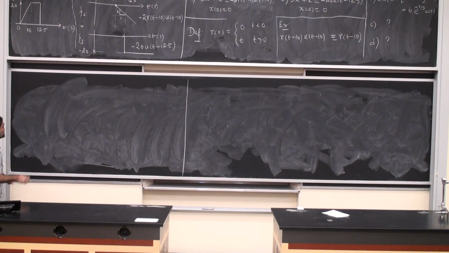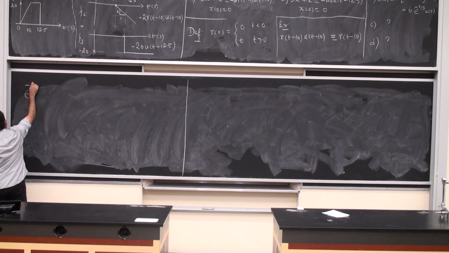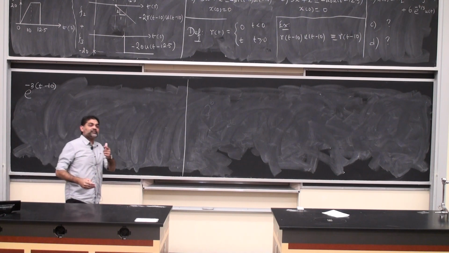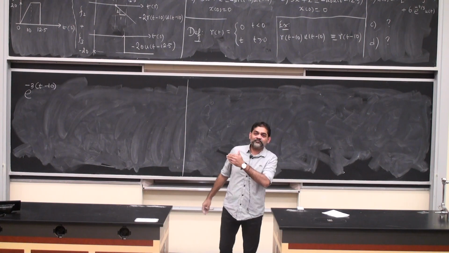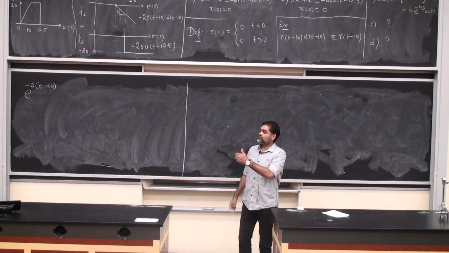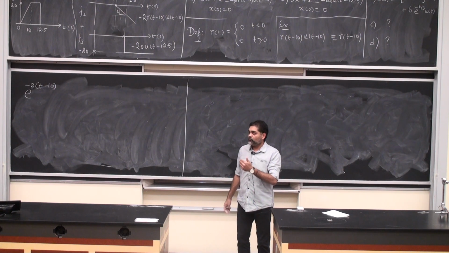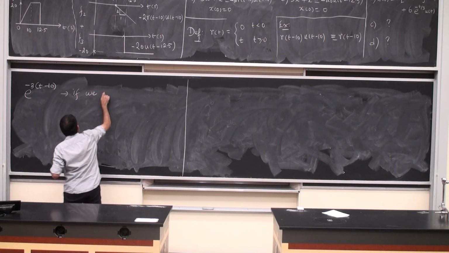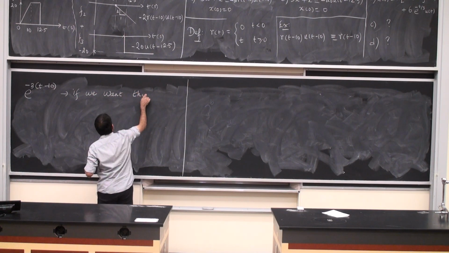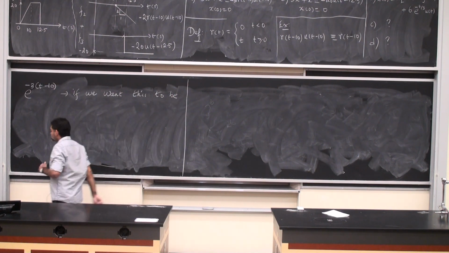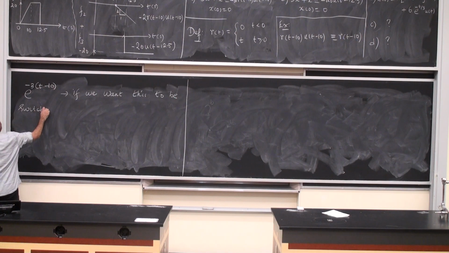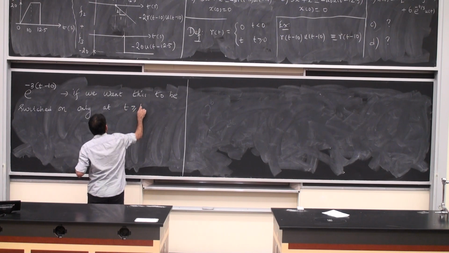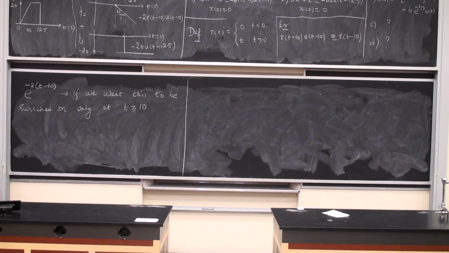So if I have a function, let's say e to the minus 3 times t minus 10, you will notice that this function has a value for negative time as well. It's not as if this function starts only at t equal to 0. So for a function like this, if we want this to be switched on only at t greater than or equal to 10, which is the shift that I see, then you should write this as